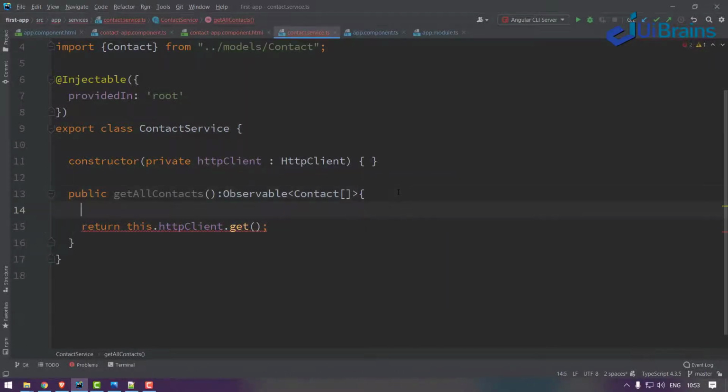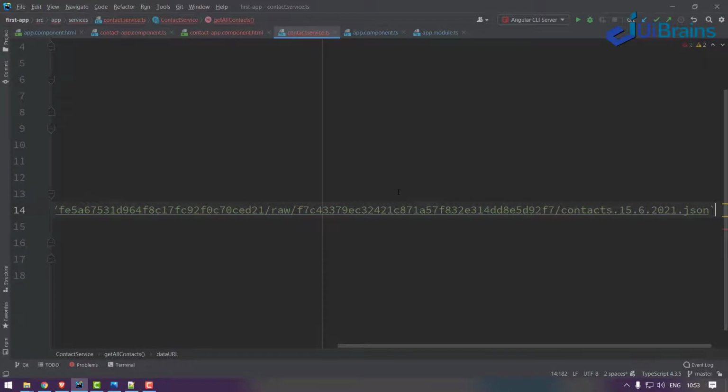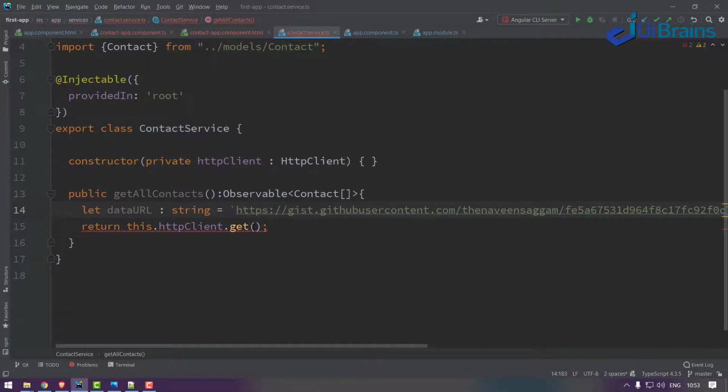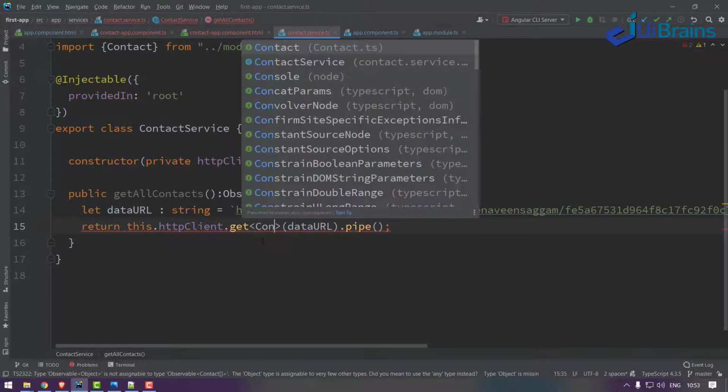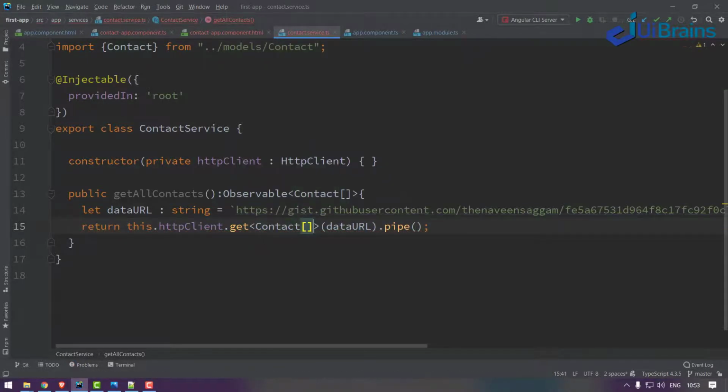So where is the URL? Let's say dataURL of type string is equal to a backtick. I'll paste the URL. From this particular URL, I have to get data. So this dataURL dot pipe. And this also you have to typecast to the contact array.